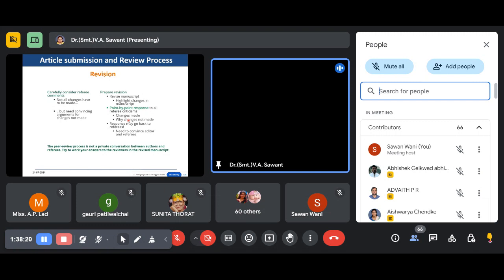So the editor will then send it back to the reviewers. So responses may go back to the referee, and therefore you need to convince both editor and reviewers. Because this process is not a private conversation between author and referee. So there is editor, reviewers, and the author. So try to work out your answers to the reviewers in the revised manuscript, so that the reviewers will be convinced